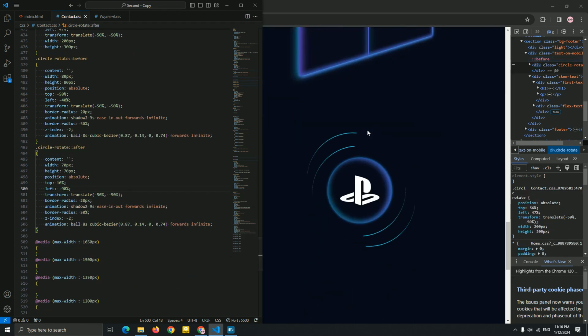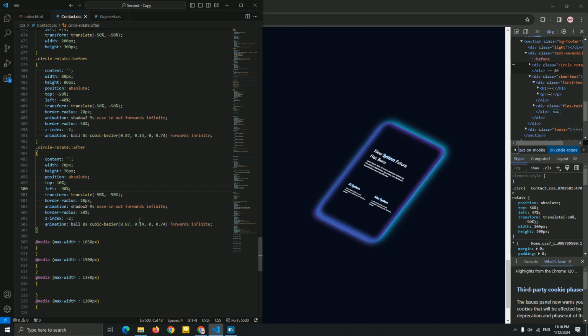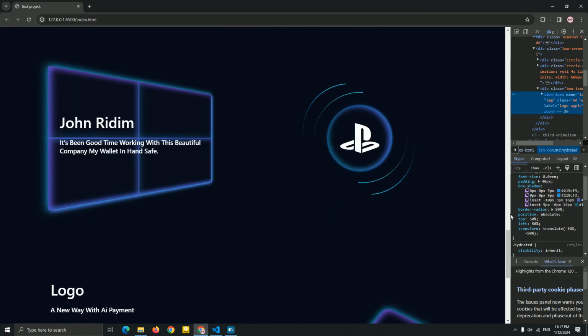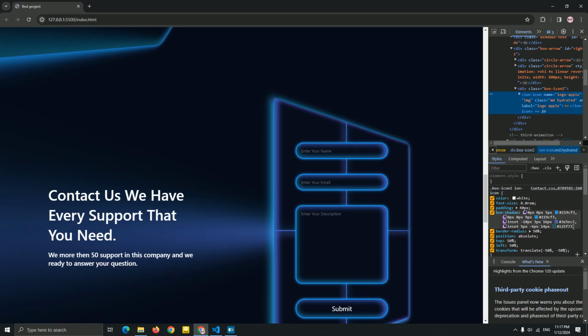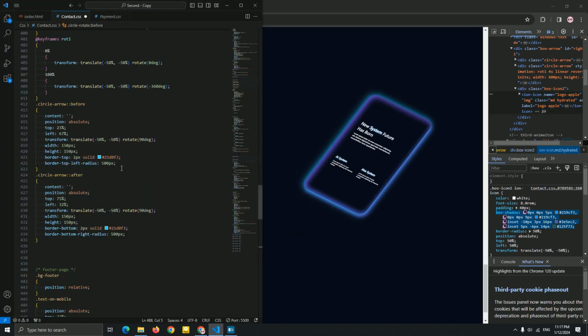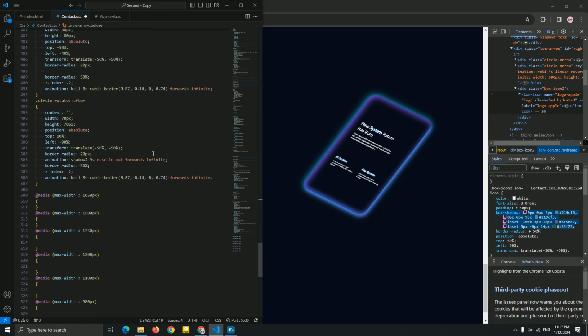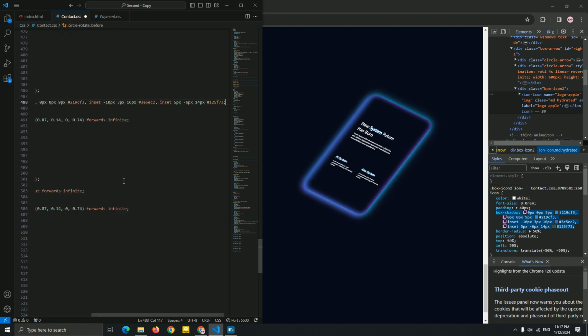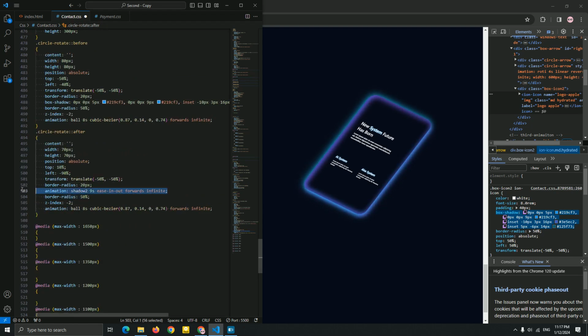Fair enough. I think this is okay. Where is it? Let me just copy this box shadow, paste it for this circle. Okay, paste it here for this, paste it here.